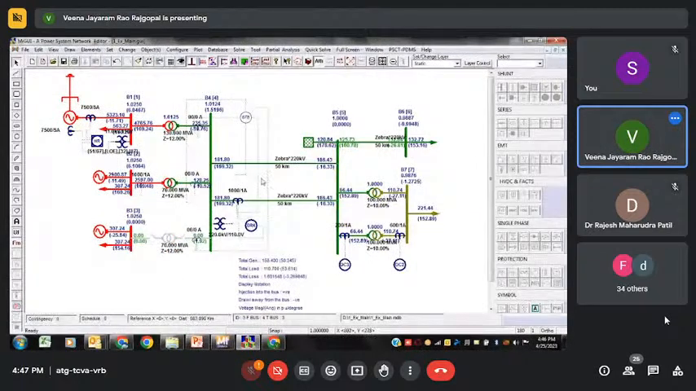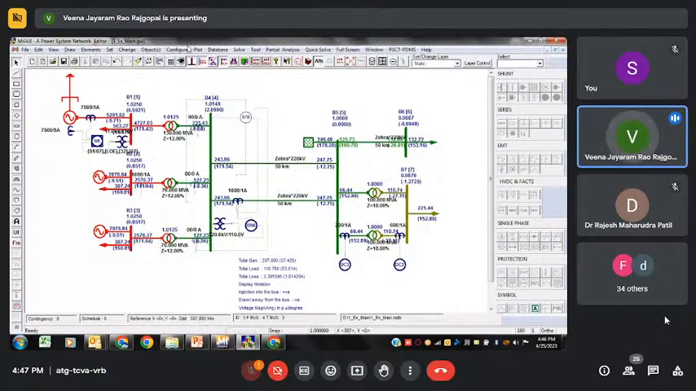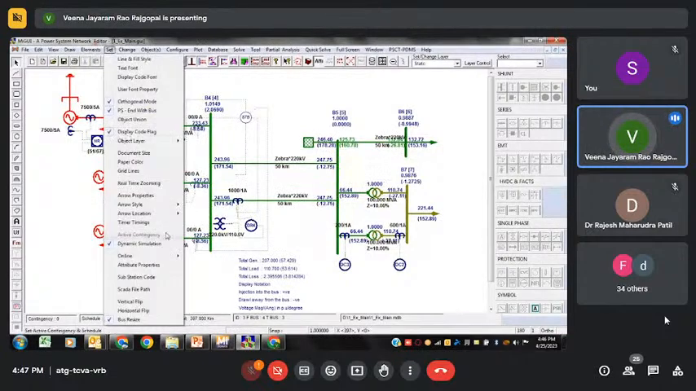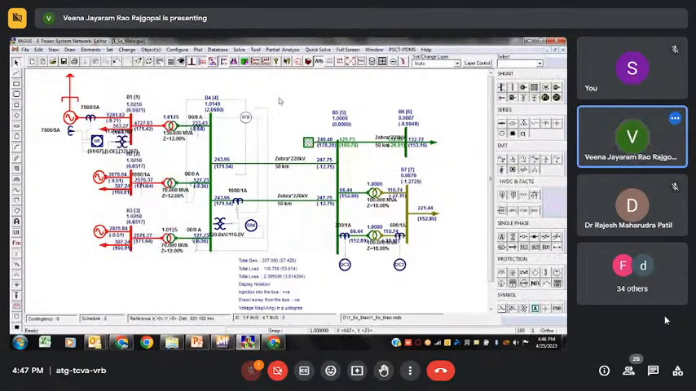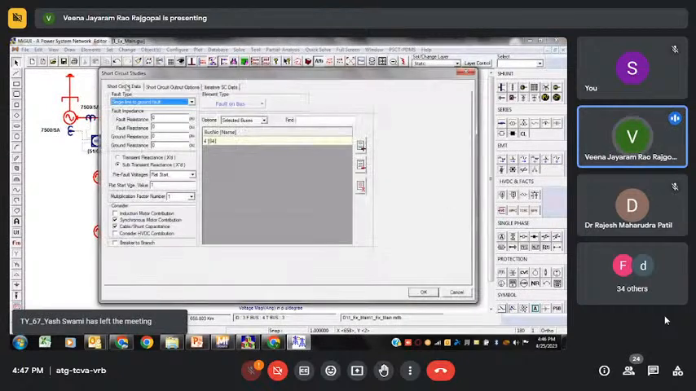So this is one of the features which normally our team uses for various studies. Now I'll go back, so I have to set back the simulation option. Now I'll go to the fault analysis. So here again, when it goes to the short circuit studies, you have to choose what is the